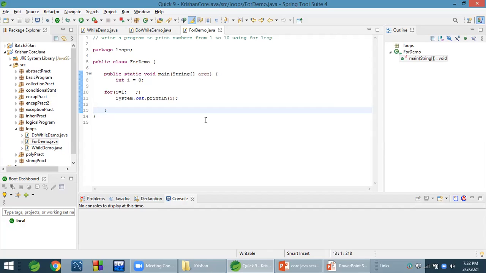Mostly we use loop statements. What is the actual difference between for and while loop? In a for loop, we do initialization, condition, and increment or decrement in one line. But in a while loop, where we are initializing is another thing. But in a while loop also we are initializing, checking the condition, and incrementing. So what is the difference?